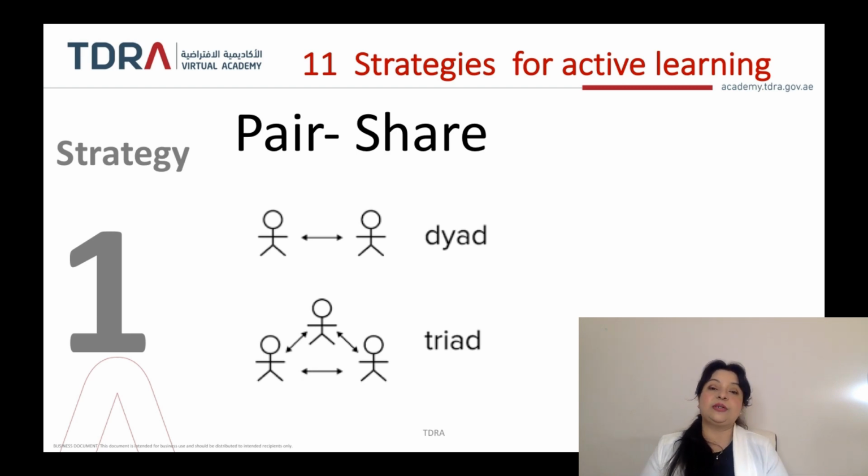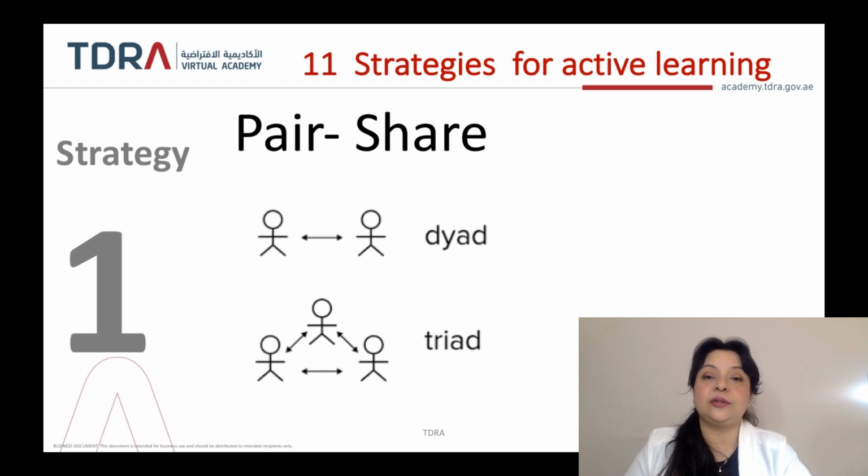Pair share is one of them. What is a pair share? You divide people into two, and then they are given a question, a stimulus, or a case study, and they're asked to come up with their own answers. And then they tell their answers to the other pair, and they both exchange their answers, and they start learning from each other in an incremental, organic manner. And so what happens is they start exploring diversity of opinions, brain processes, ideas, biases, prejudices, all of that come into function.